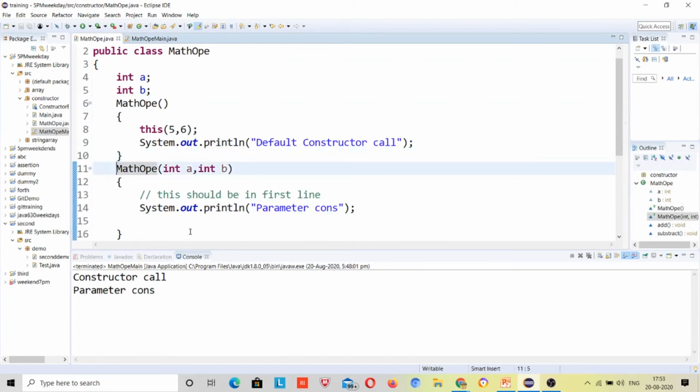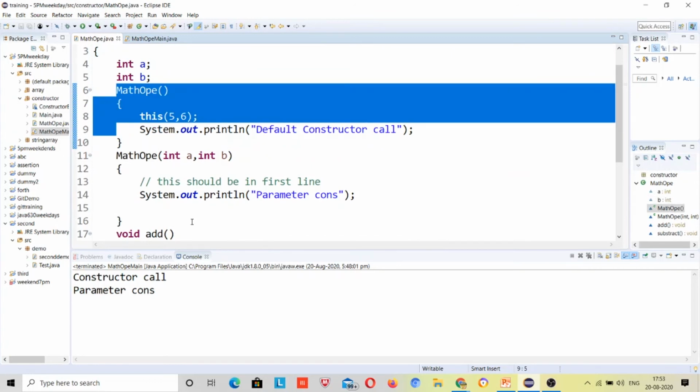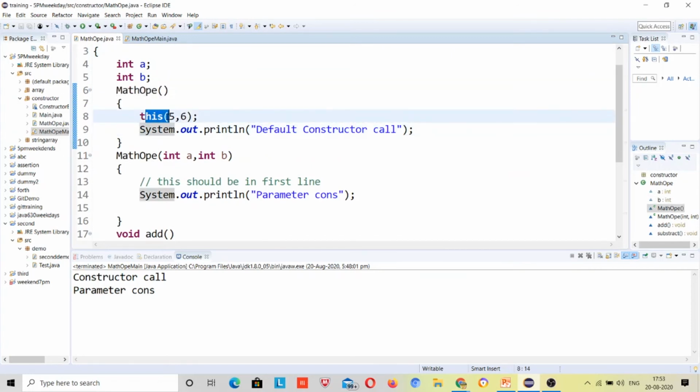I was not seeing this code, right? Not the code behind it, I just came to this default constructor, and here I have seen this keyword. This keyword is responsible for calling a constructor only. Either that may be the default constructor, or that may be a parameterized constructor. So this keyword explains that there is a parameterized constructor with two parameters, and those two parameters are integer only. So try to find the two-parameter constructor with the integer values. So I have found this, right?